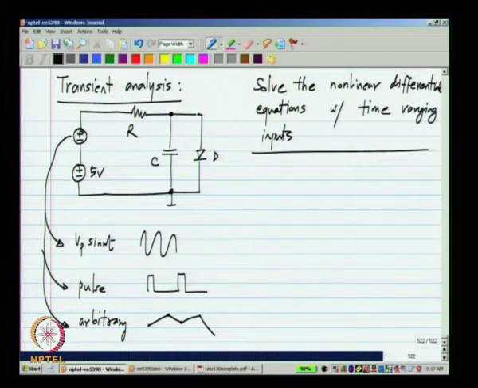And in this case, because you are solving the nonlinear differential equations, for instance, if you put a sinusoid, the amplitude of the sinusoid will make a difference.